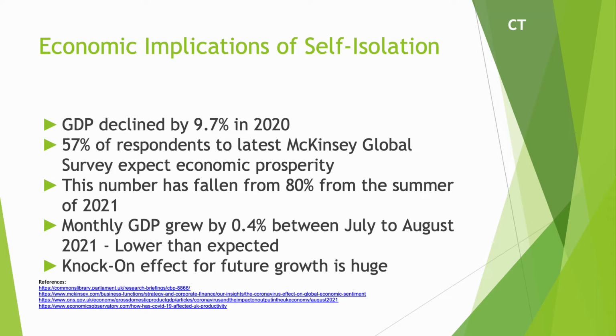August was the first full month where there were no coronavirus restrictions in England, which contributed to monthly gross domestic product growing by 0.4% between July 2021 and August 2021. However, GDP remained 0.8% below its level in February 2020, which was the most recent month not significantly affected by the coronavirus pandemic. Furthermore,